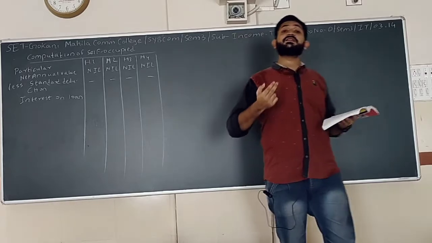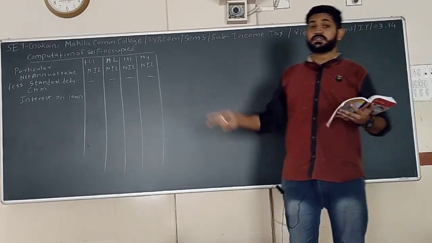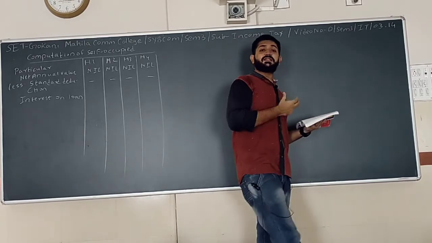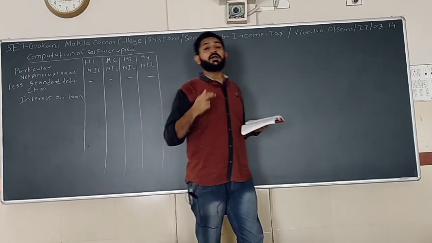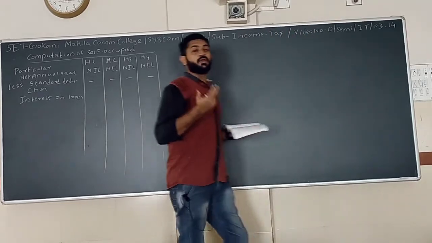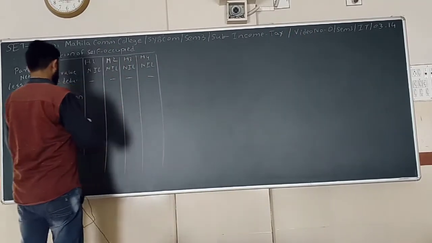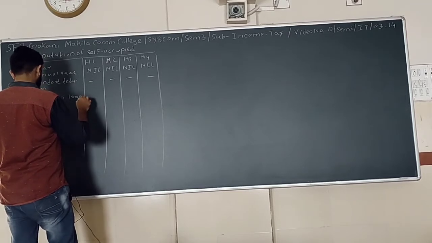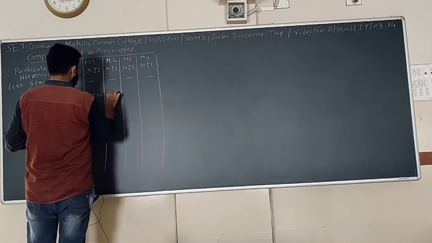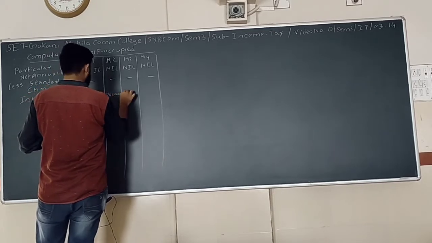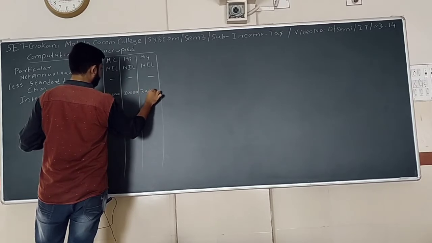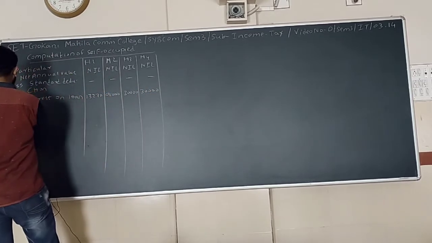But if I am purchasing the house, so the house is purchased in 1670. For that, if you are purchasing the house and the interest on loan, they give you the limit of 2 lakh rupees per annum. So here they have specified the 91,000. So interest on loan we will write as 13,270, 91,000, 30,000, and 30,000. So taxable income.